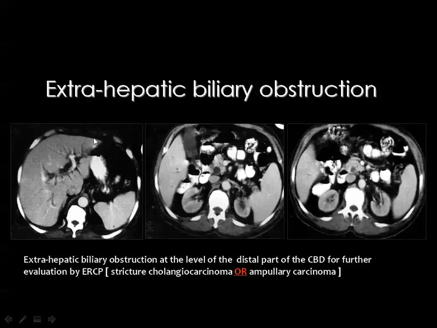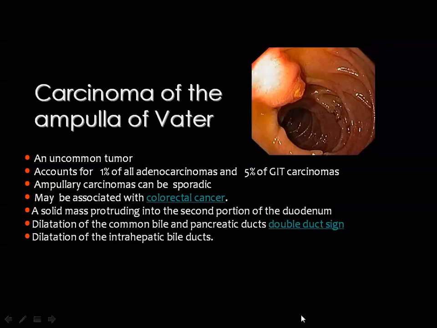And here is an example. You see dilated intrahepatic biliary radicals, and the common bile duct is dilated along its whole course. The pancreatic head is normal, and there is no calculi inside. Then the diagnosis is extrahepatic biliary obstruction at the terminal part of the common bile duct. And you recommend ERCP, not MRCP. You recommend ERCP, looking for one of two, either stricture in the terminal part of the common bile duct or